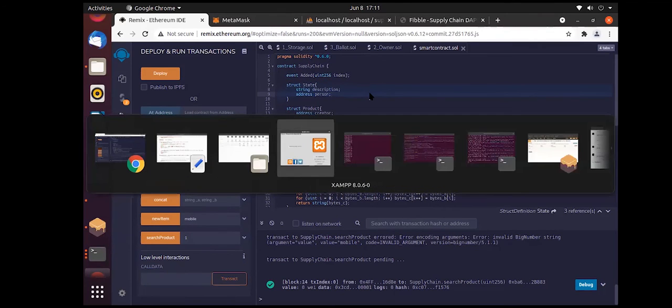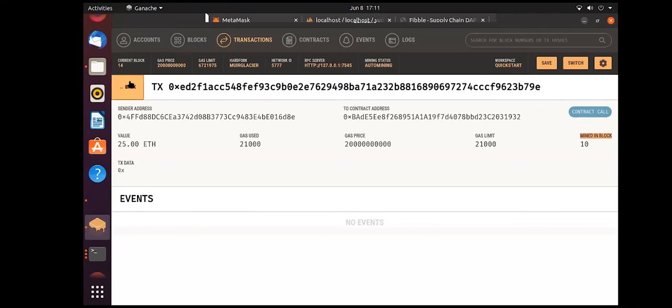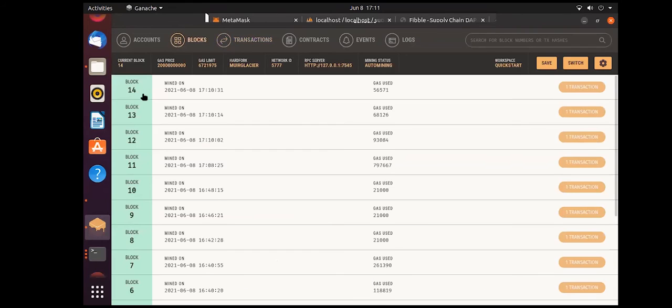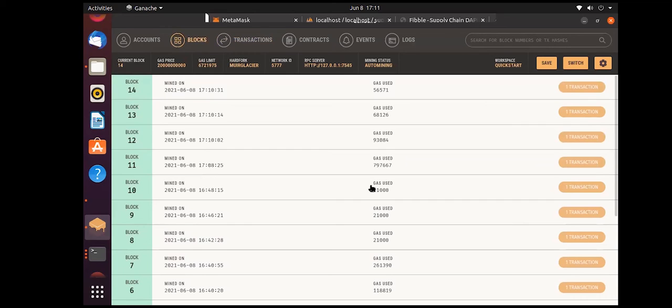Let's see if anything happened to our blocks also. Okay, if you see here, multiple blocks have also been added. For whatever transaction occurred, just now we have done one transaction at 5:10 p.m. So this also is a transaction that occurred. From this address to this address, some transaction happened. So in the real-time application, if we do any functionality,